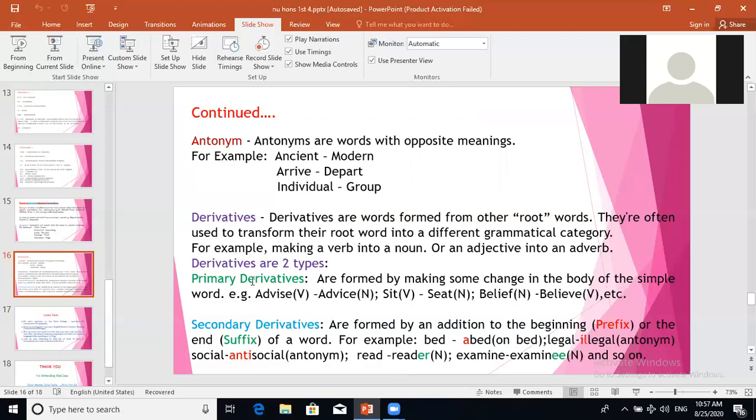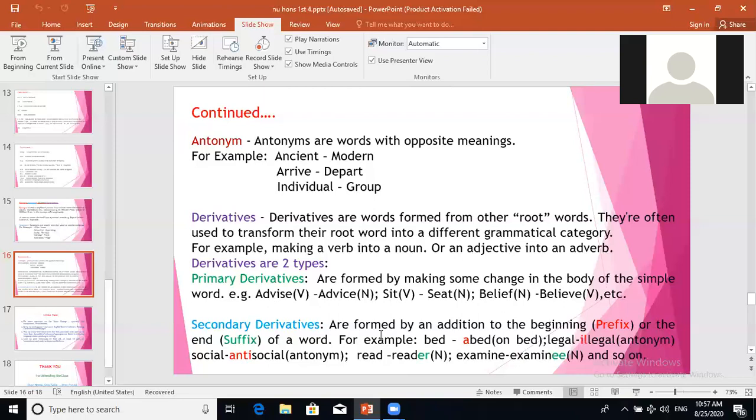There are two types of derivatives. Primary derivatives are formed by making some change in the body of the simple word, like advise, advice. Only S is changed. Advise is verb, advice is noun. Sit is verb, seat is noun. You see a change inside the word. Believe is verb, belief is noun. A little change inside the word. These are called primary derivatives. From the root word, we are getting the new words, that is the derivatives. But look at the